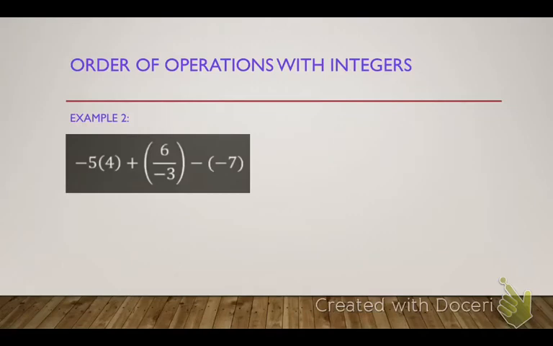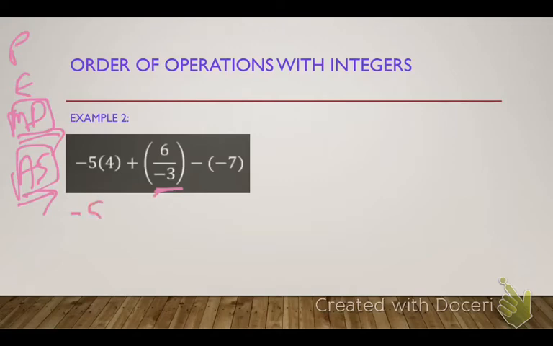Alright, example number 2. Here we go. We have negative 5 times 4. Let's put this back up again. PEMDAS, left to right with multiply, divide, add, subtract, going left to right. So we got negative 5 times positive 4, plus 6 divided by a negative 3 minus a negative 7. Well, we do have parentheses right here. And so we're going to go negative 5 times positive 4 added to, and I know that 6 divided by